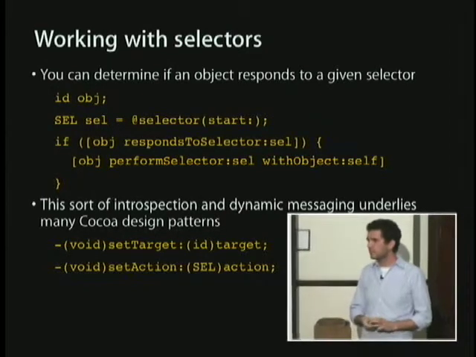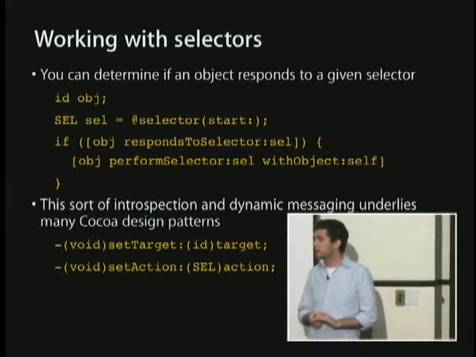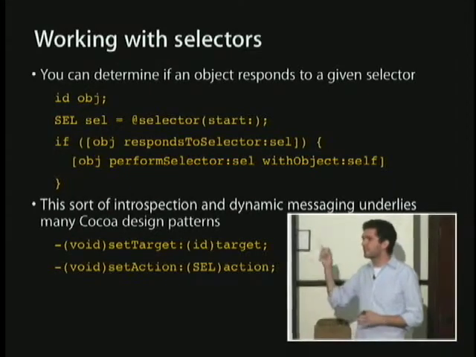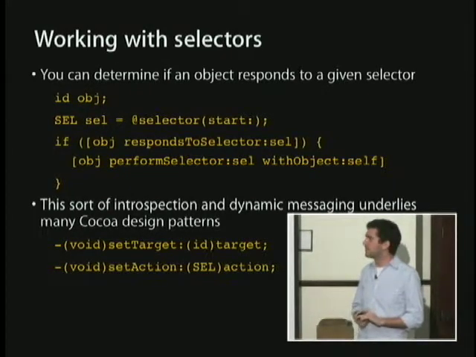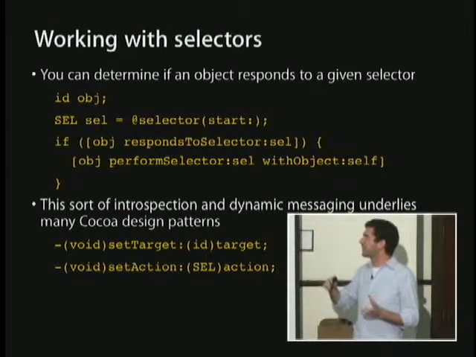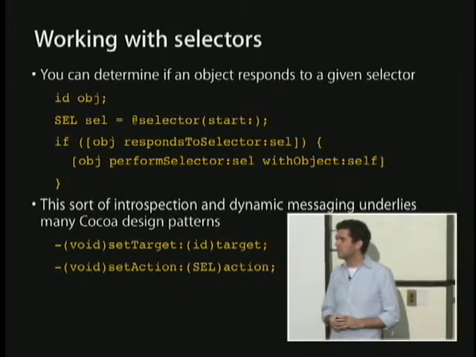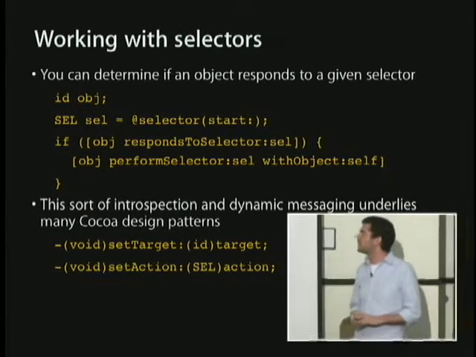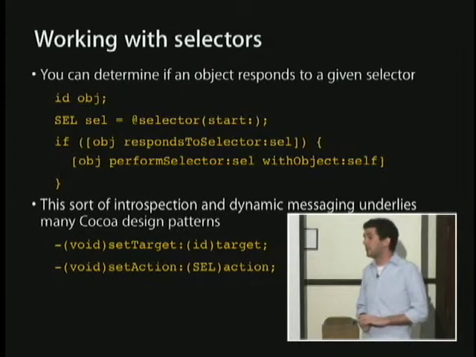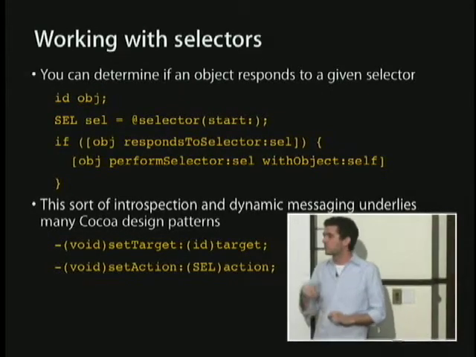But this is still done at runtime? It's only binding to that method during runtime and not during compile time? So the question is whether it's bound during runtime or compile time. That's actually a compile time thing. It's basically setting that variable to be a selector that references the method start:. @selector is a compiler construct that lets the compiler know that you want a constant selector named start:.